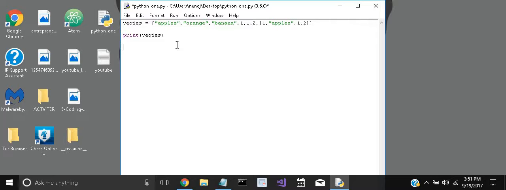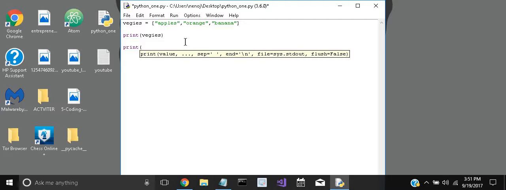So you can ask next, how can we access the data inside this list? How can we access the apples? Or how can we access the, let me delete this first. How can we access the apples, orange, or banana? You can do that simply by, let's print the apples. Let me show you how. So we type in the variable name, the list name, veggies,